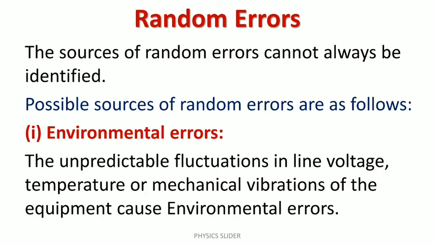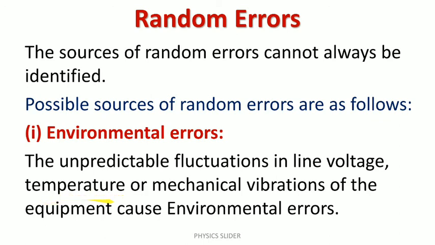Only at constant temperature is Ohm's law applicable. If the temperature is not constant, Ohm's law will not be applicable, or the readings observed at varying temperature for Ohm's law will not be correct. There will be some errors in the reading or the observation achieved for Ohm's law